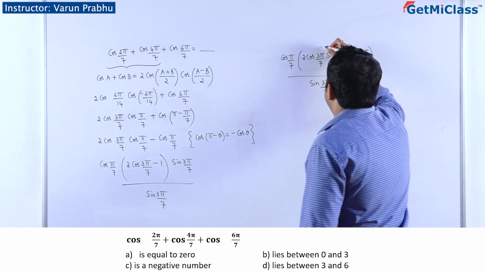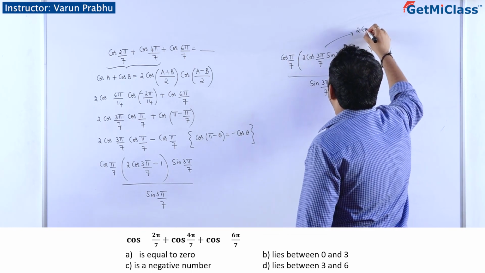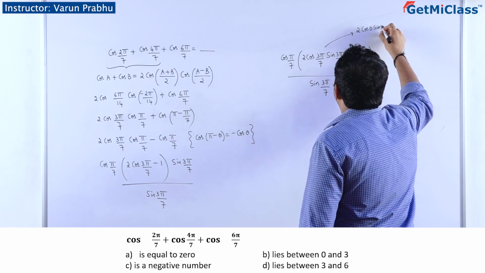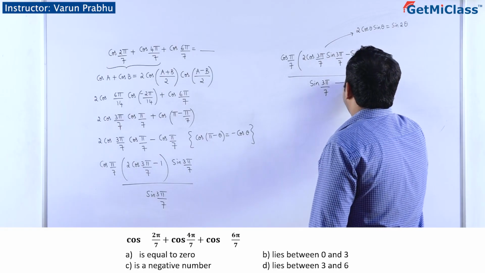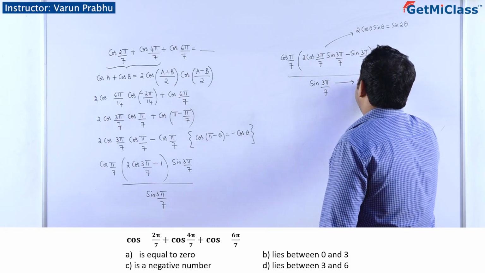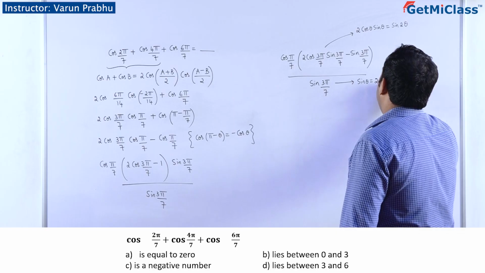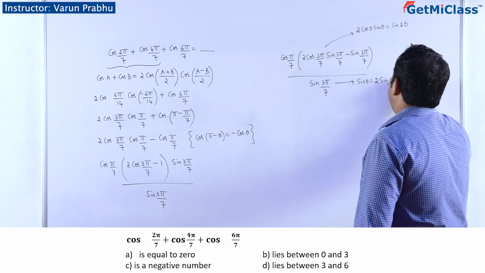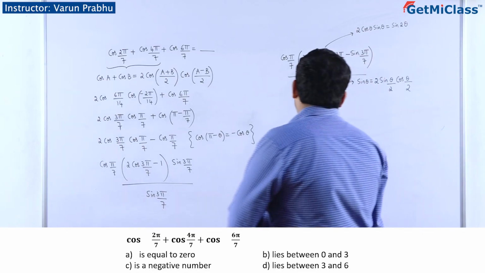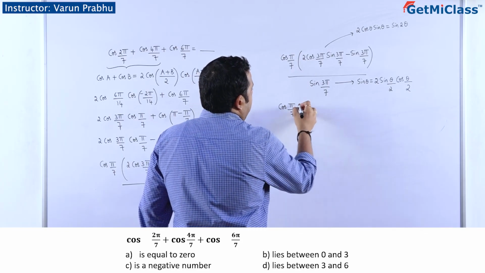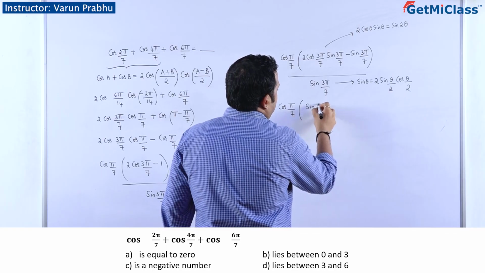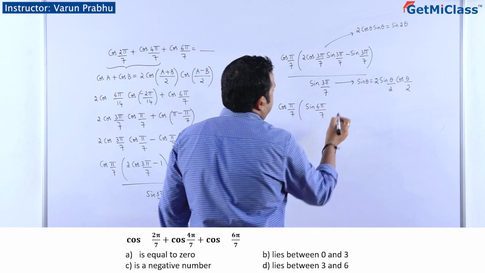Now if you basically see this part, 2 cos theta sin theta can be written as, what is it? Can be written as sin 2 theta, right? And sin theta can be written as 2 sin theta by 2 times cos theta by 2, correct or not? 2 sin theta by 2 cos theta by 2. So what is your answer that we get to? Cos pi by 7 into sin 2 theta, which is nothing but sin of 6 pi divided by 7